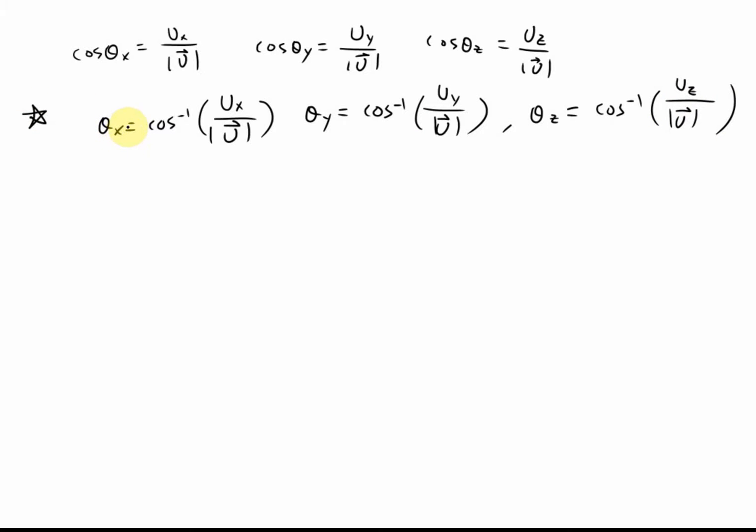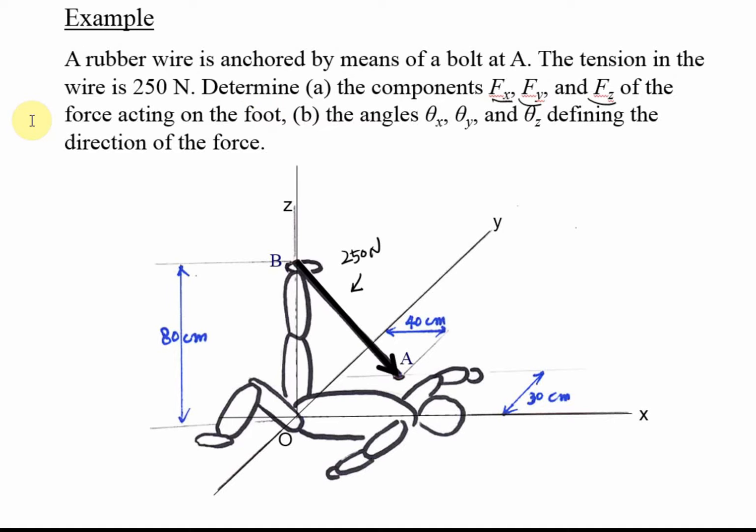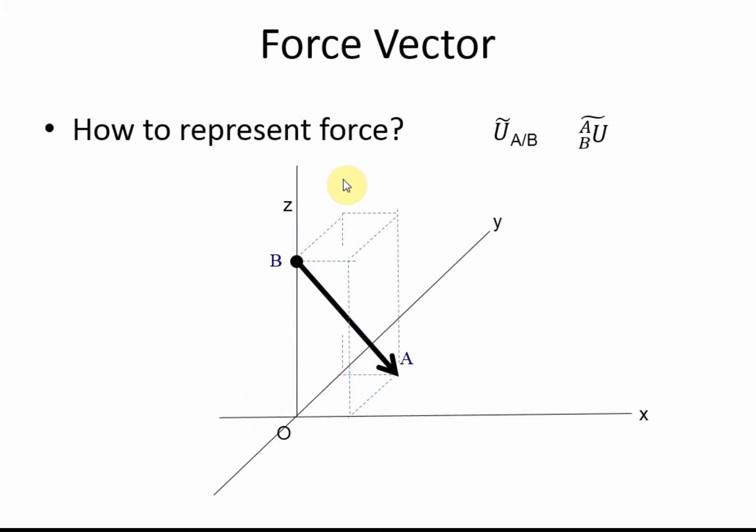If you want to determine the orientation of a unit vector of any arbitrary vector, then you can determine the orientation of the vector using theta x, theta y, and theta z. Let's try to solve this one. So let me just show this picture. And first, okay,